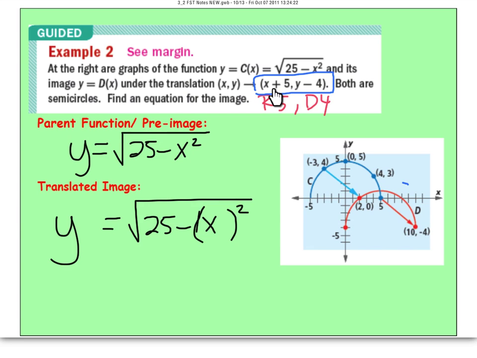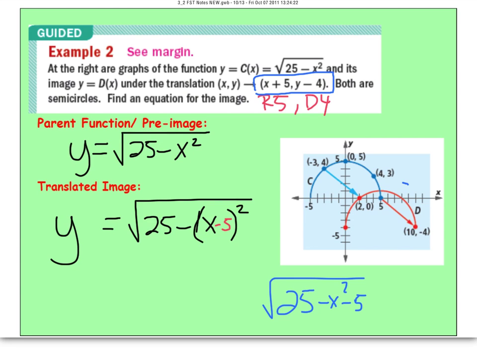So it says, do x plus 5. This thing is really going to move right 5. To make the equation do that, you must write x minus 5. Be very careful. It's to the actual x value. If you had written 25 minus x squared minus 5, that is absolutely wrong, because you're doing minus 5 to the x squared. This says do it to the x. So you must put this in parentheses and just show that you're taking the single x